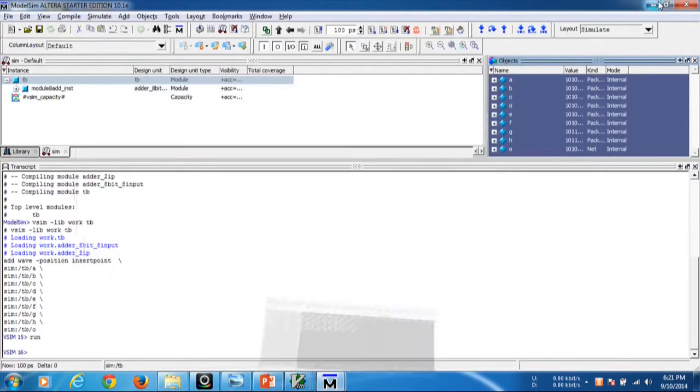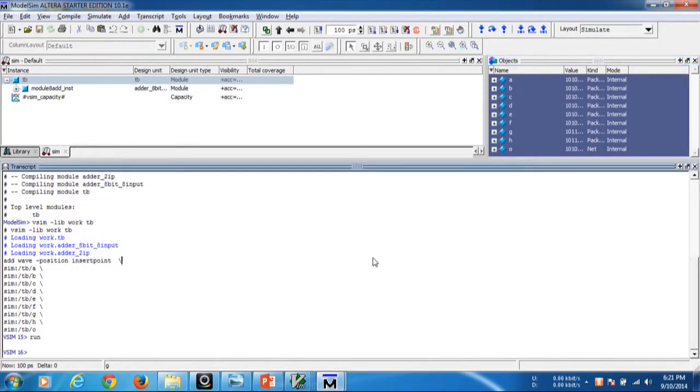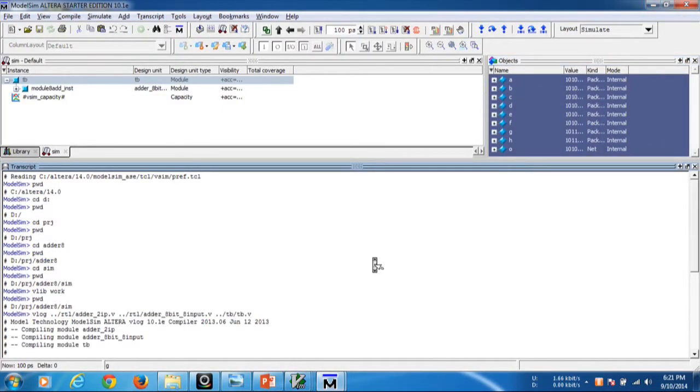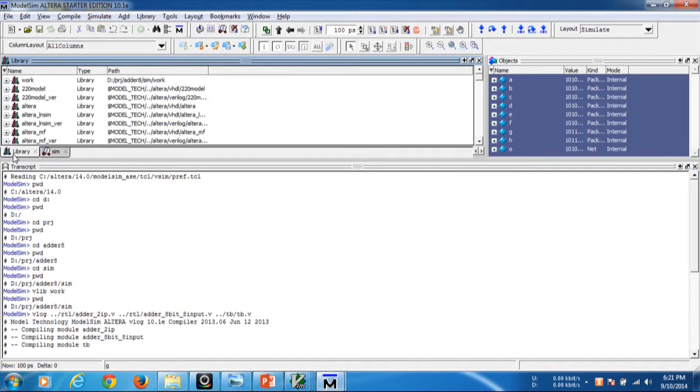Let me once more explain what you have to do in ModelSim. If you open ModelSim, you have just seen the library and a transcript.